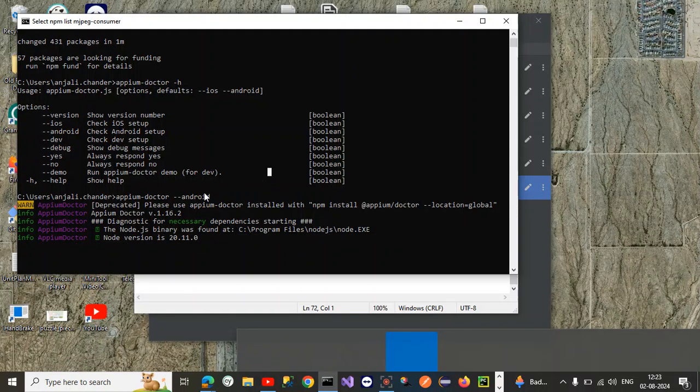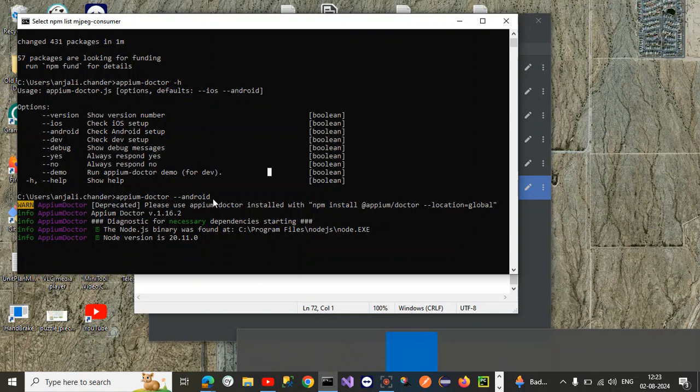There are some necessary dependencies like I told you before. First one is Node.js, other one is Java, then Android Studio platform tools. Then one more dependency that is needed is APM, obviously.